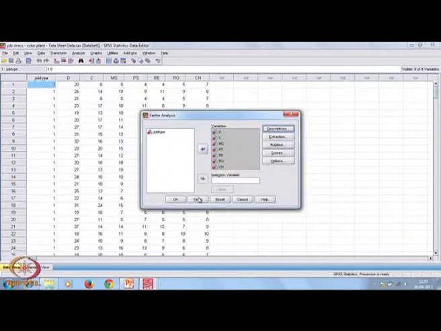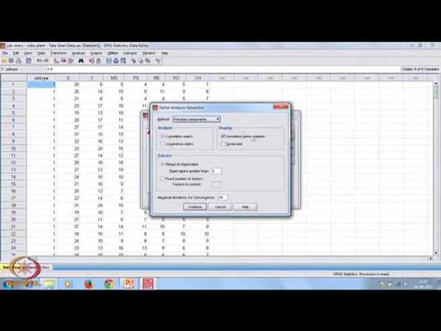So, that is fine. Then Extraction, which method you want to use. We have discussed principal component, maximum likelihood, principal axis factoring. These three we have discussed. There are also unweighted and generalized least squares, many things are there.